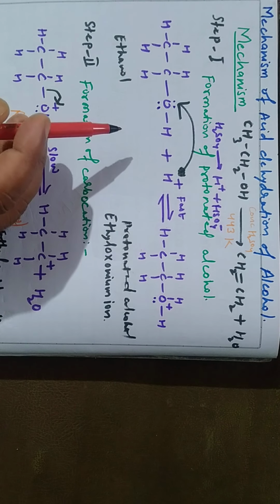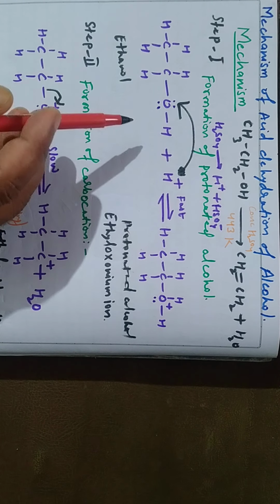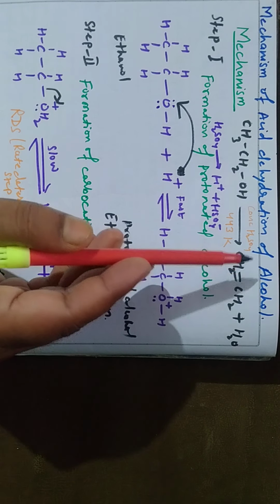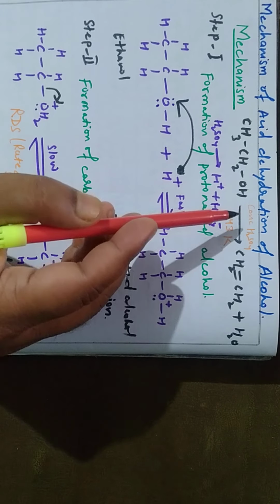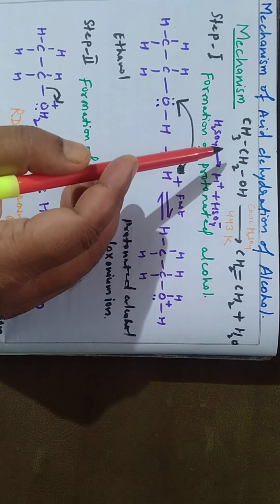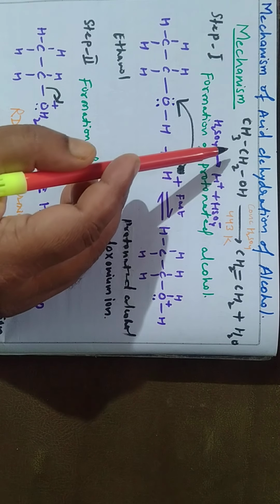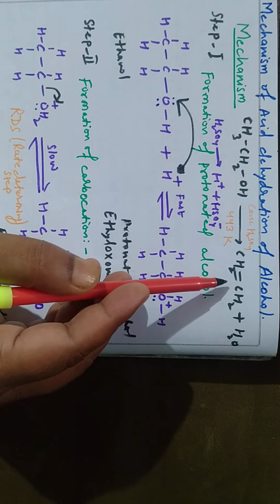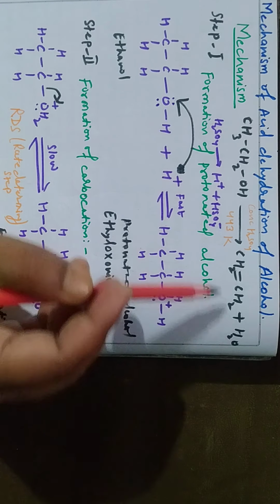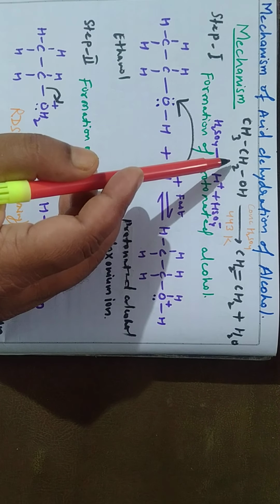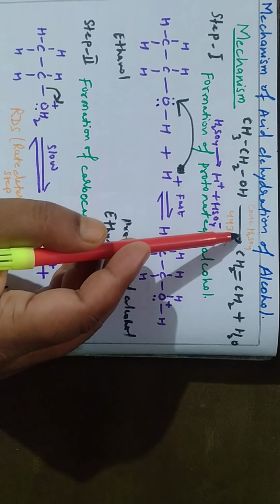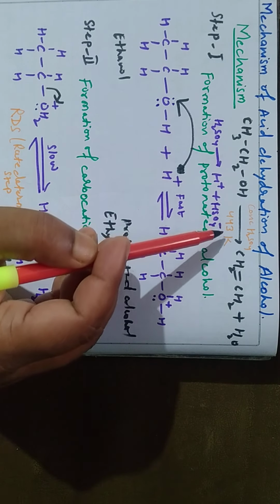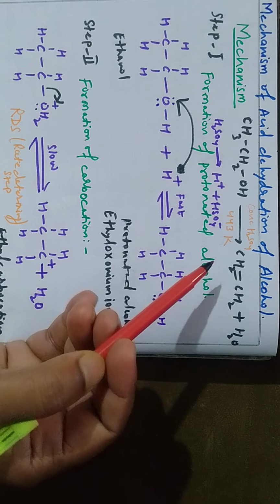Dear students, today I am going to discuss the mechanism of acid dehydration of alcohol. This one is a very important reaction. As we have read, ethanol on dehydration gives alkene and water. Here we have taken ethyl alcohol, and the dehydrating agent is H2SO4 at a higher temperature, that is 443 Kelvin, which gives alkene